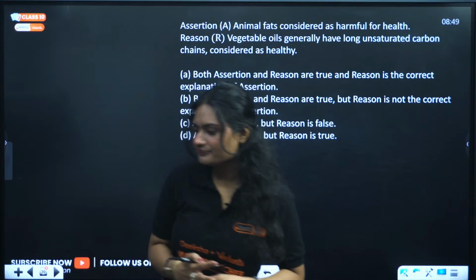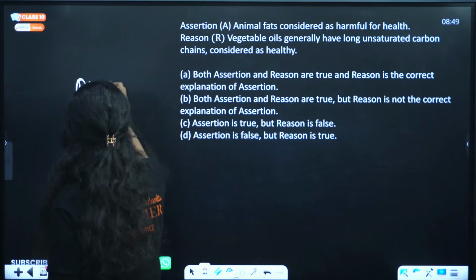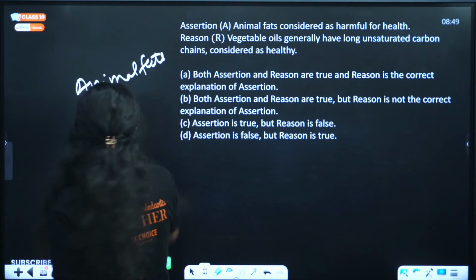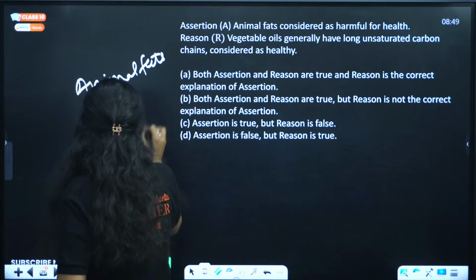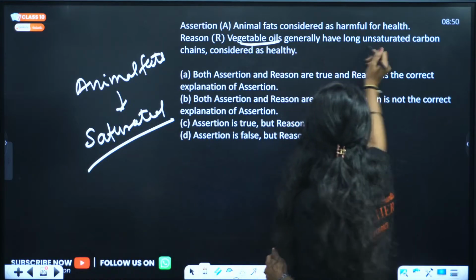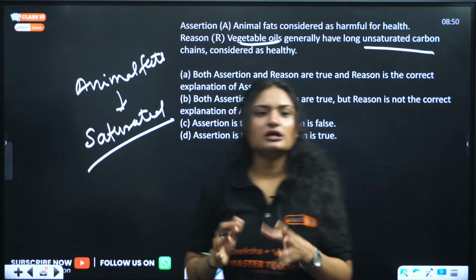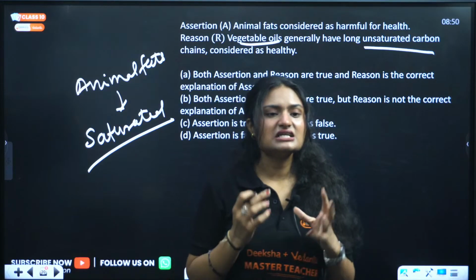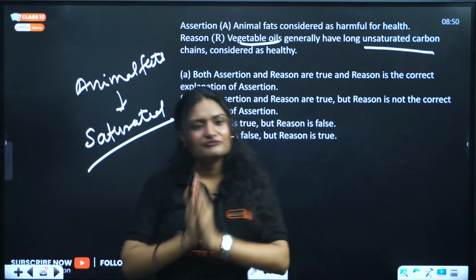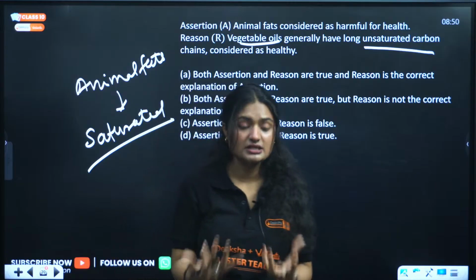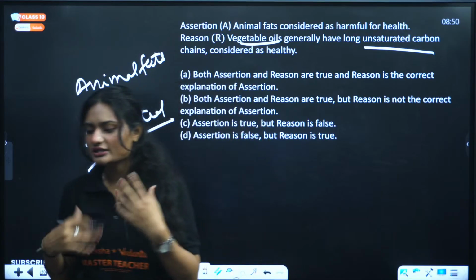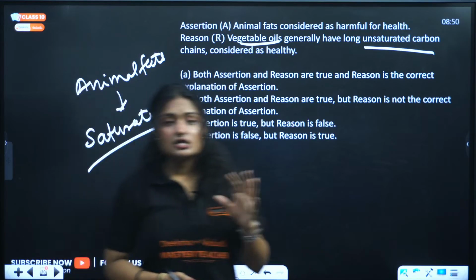One thing I believe you know is that animal fats are saturated, while vegetable oils are unsaturated compounds. According to scientists, animal fats are considered harmful for our health because they are saturated compounds. Our body takes a long time to digest these saturated compounds, and they cause cholesterol-like issues. So,